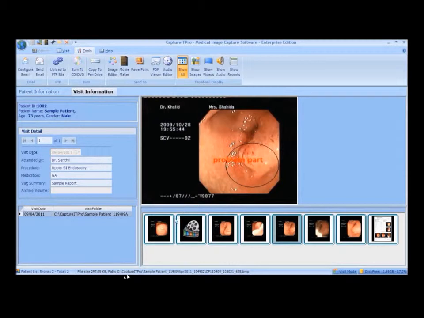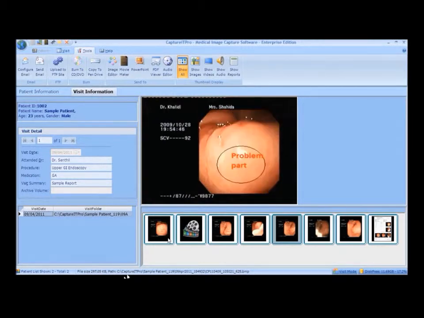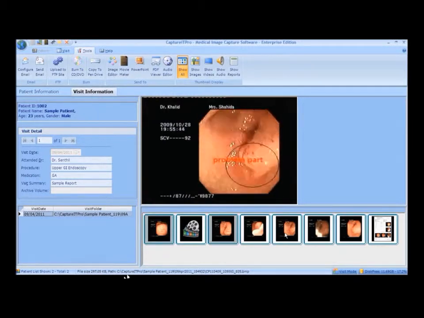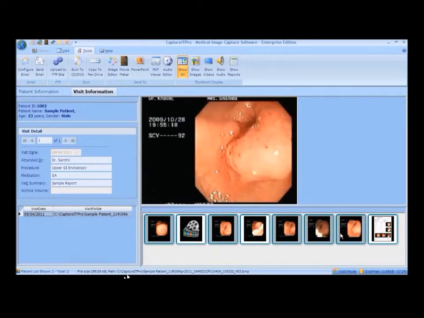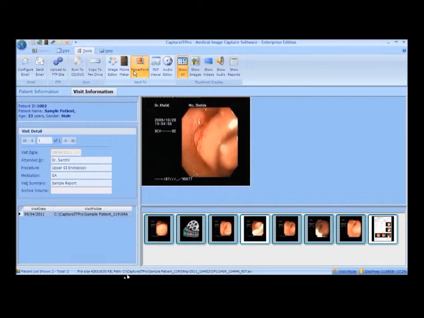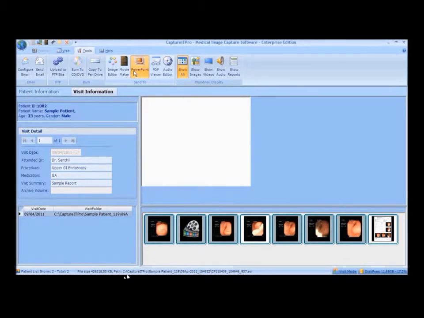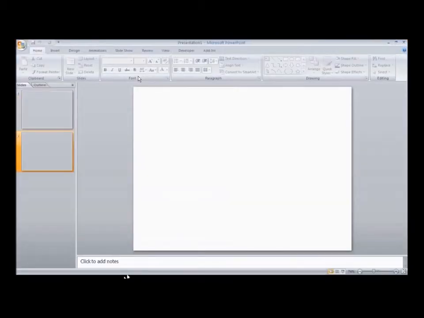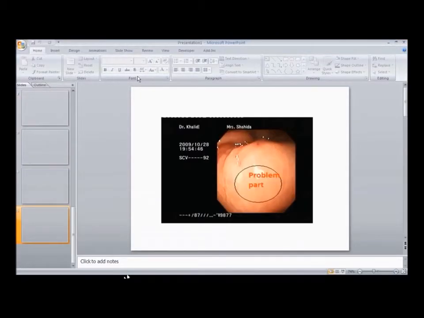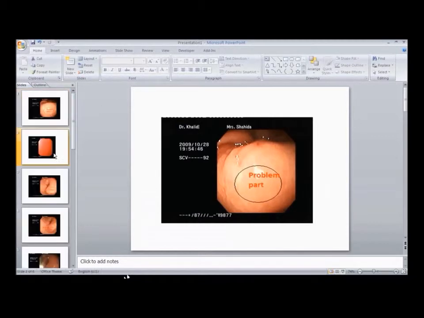PowerPoint. For presentation purposes, PowerPoint will be helpful. Select the images and video to be presented and click the PowerPoint icon. The selected data has been added and displayed as a slide.